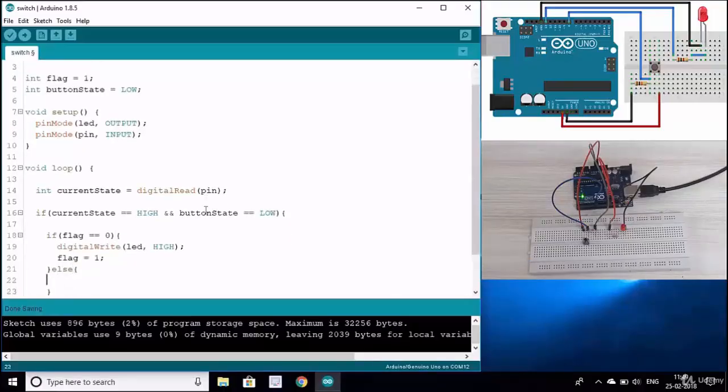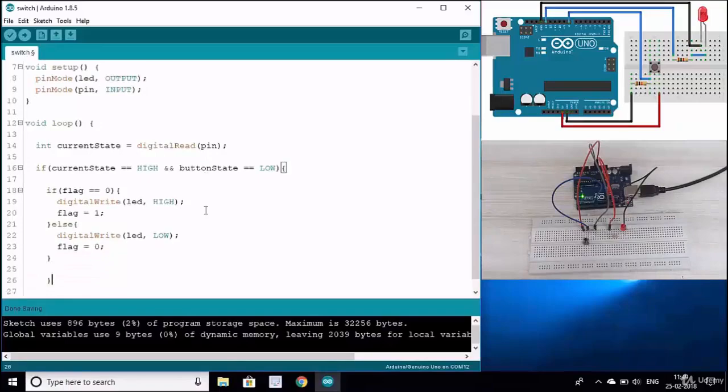In the else statement again we have to say else, we have to make digital write, and we have to make this LED become low, so it will turn off the LED. I will explain the logic, just give me a little bit of time. And then we have to make the flag variable become 0, right? When this is done,